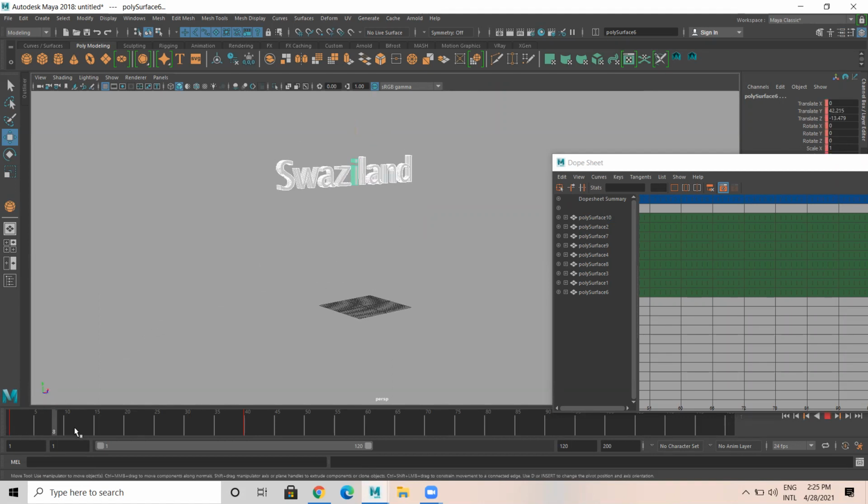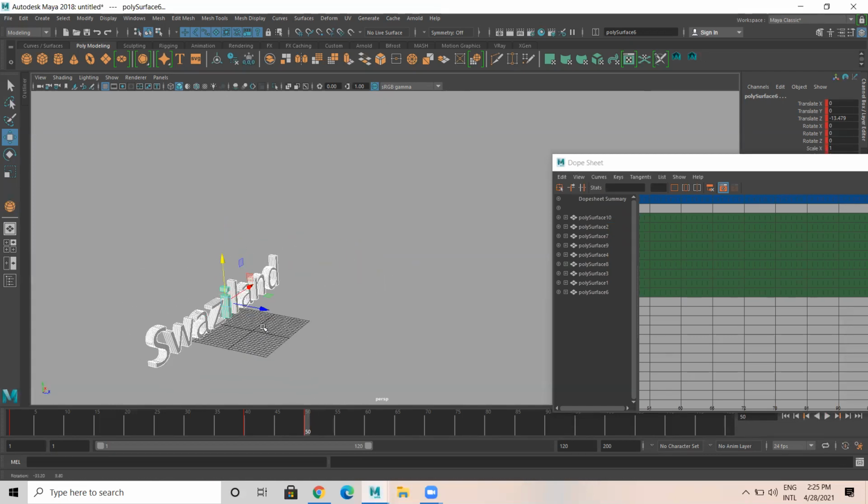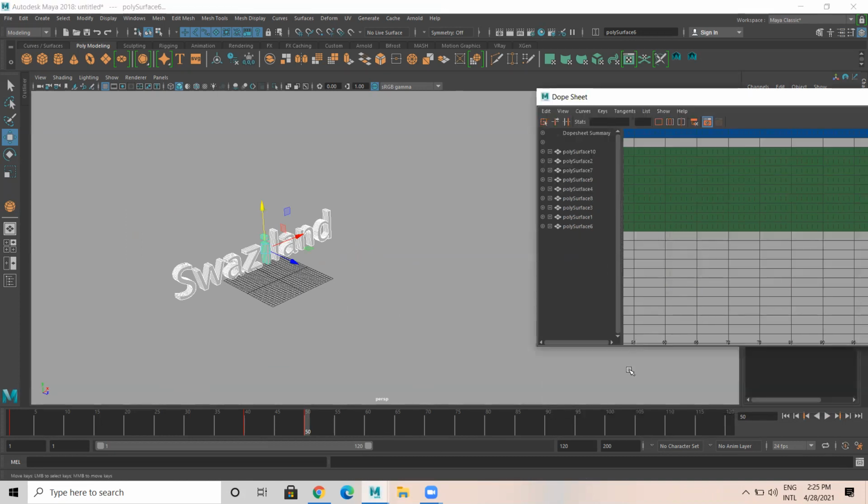So it's like from here to here, it will fall. Let it be there till 50, frame 50 till there. Then after that, let all the letters move a bit front to 40 to 50, it's there.